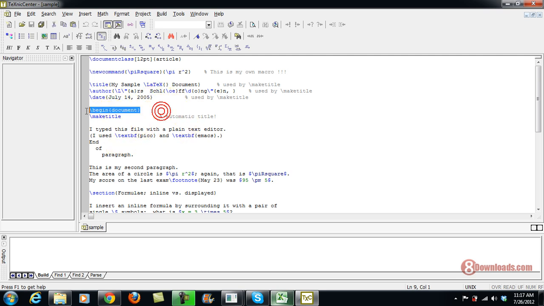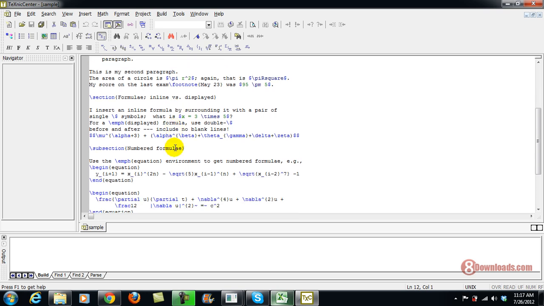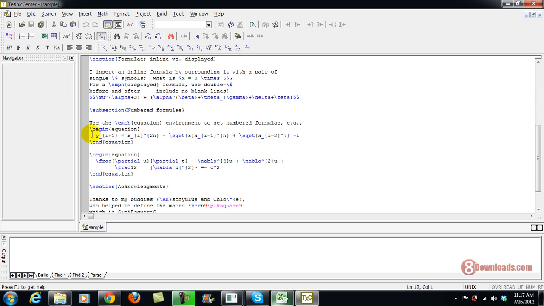Then, just like other programming commands, you have the begin command, let's say \begin{document}. Make title, or \maketitle, you can have it as an automatic title. Of course, your body, if you're using something like HTML, so there you go. And actually, you can use equations. So a LaTeX document is good for math teachers as well. You can create your mathematics exam here or algebra exams using the LaTeX editor.